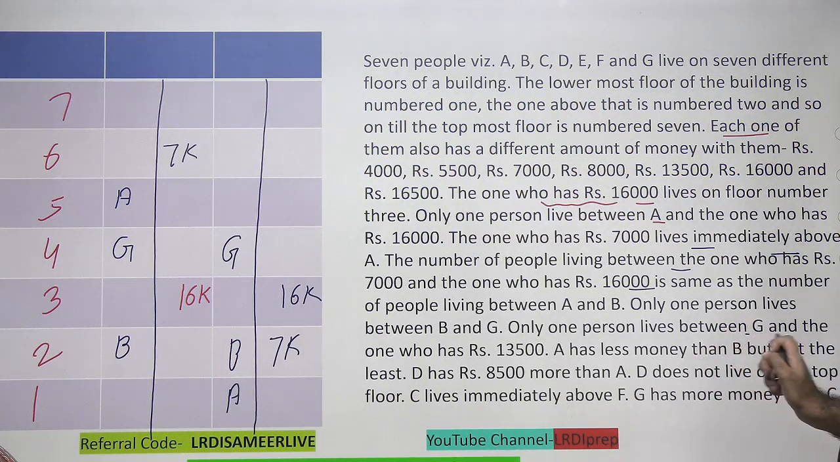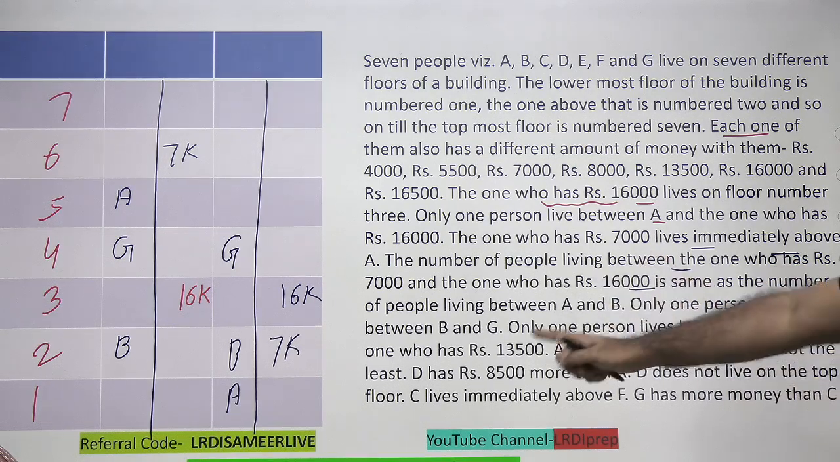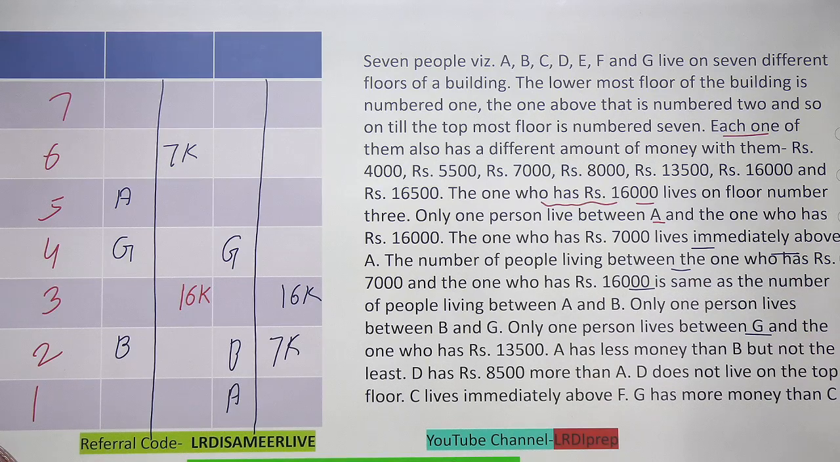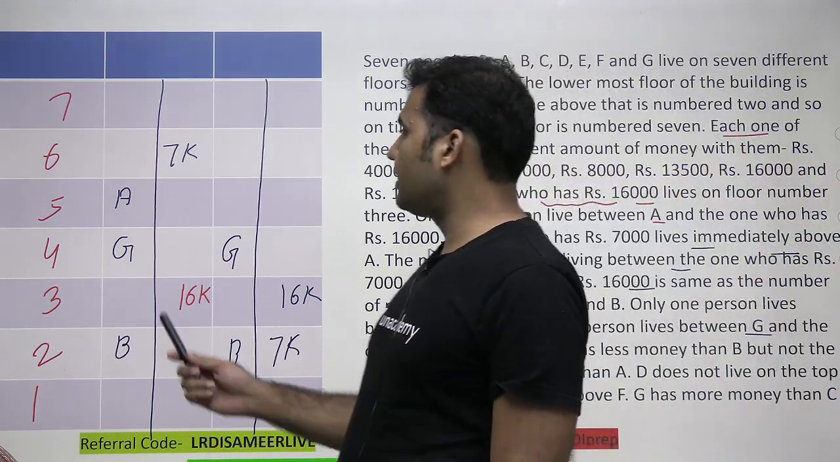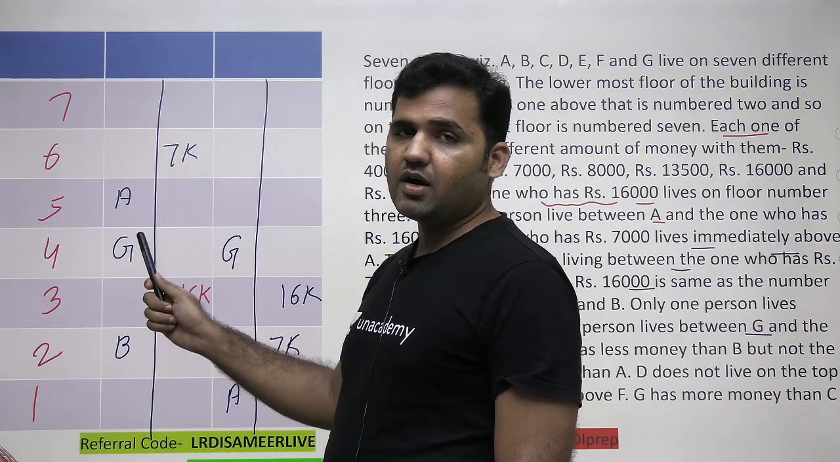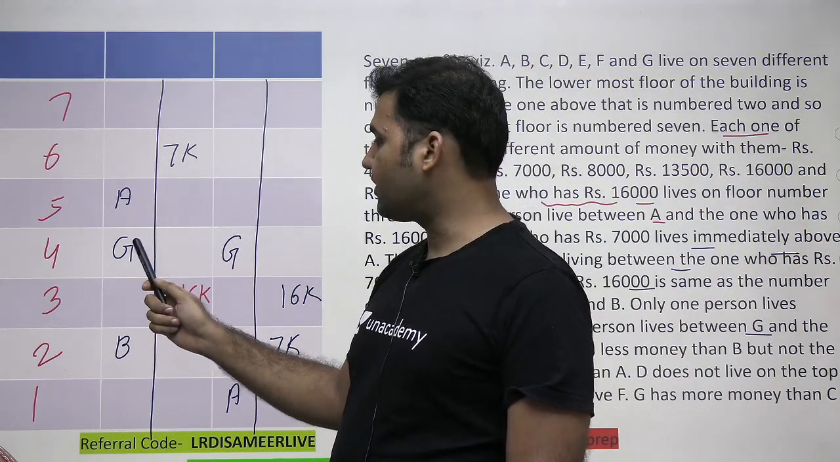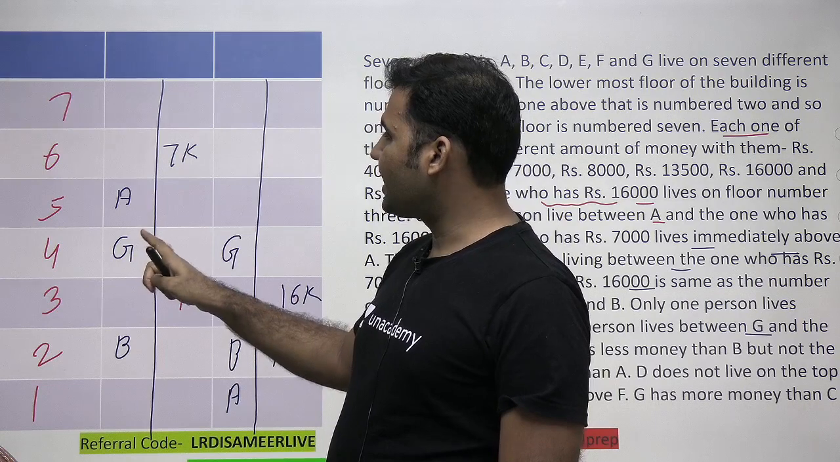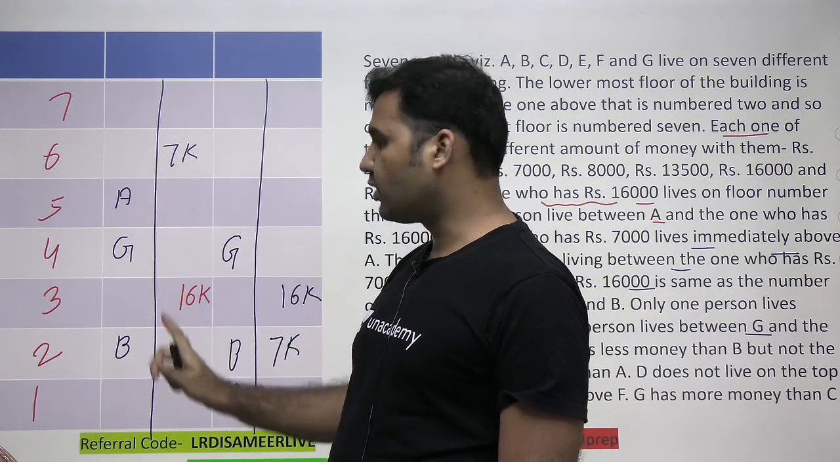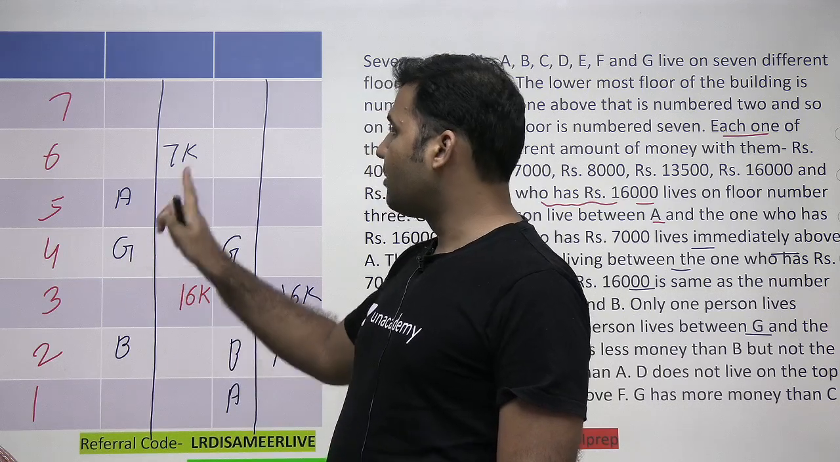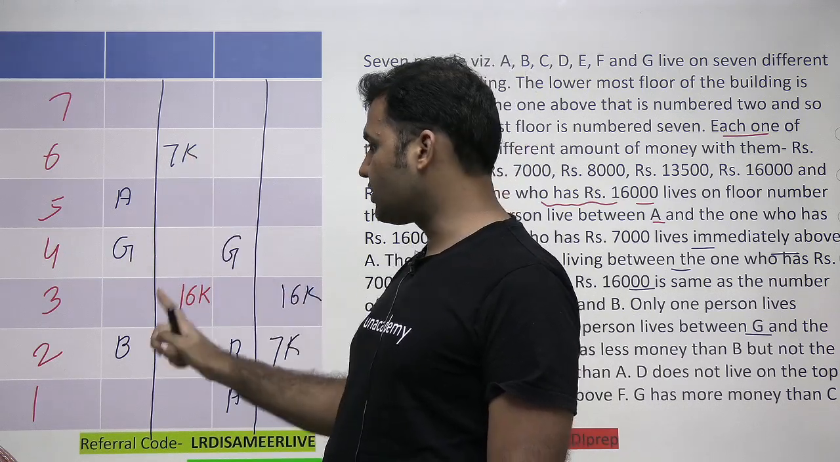Only one person lives between G and the one who has 13,500. Now, G is here. If I want a gap of 1 between 13,500 and G, I can take 13,500 at 6 or I can take 13,500 at 2 because G is at 4 in this particular case. But this place is already filled with 7,000, so I need to put